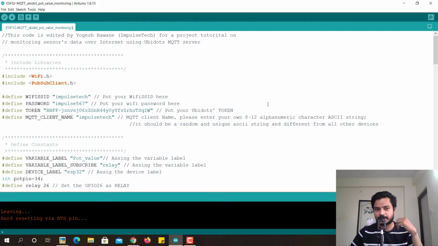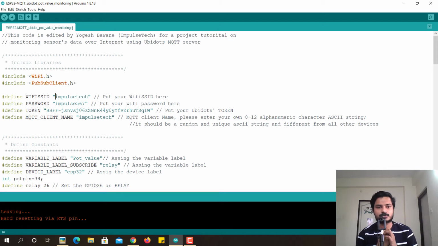So right now our main aim is to directly upload the sensors data over the cloud. So what you just need to change here, that you need to add your WiFi credentials like WiFi SSID name and WiFi password. Now one more thing I want to tell you, that if you don't have router at your home, what you can do, you can just use your hotspot of your mobile phone and give the password of that hotspot, the SSID name of that hotspot.